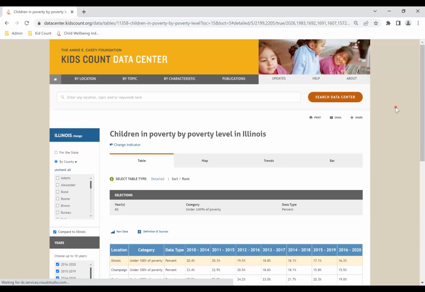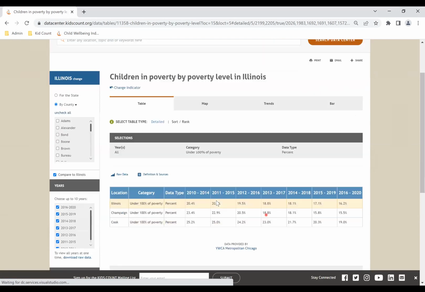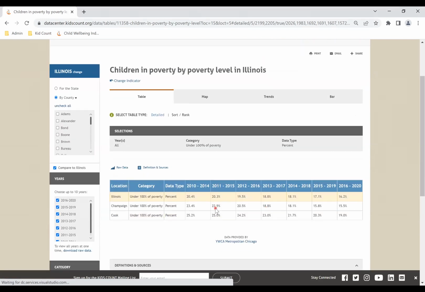The data center is truly a one-stop shop because it not only includes data, but it also includes data visualizations. These can be super helpful for using data for storytelling and advocacy. Data itself is one piece of the puzzle, but how you present it is another piece. And it's extremely important because you want your community, lawmakers, co-organizers to understand the visual.